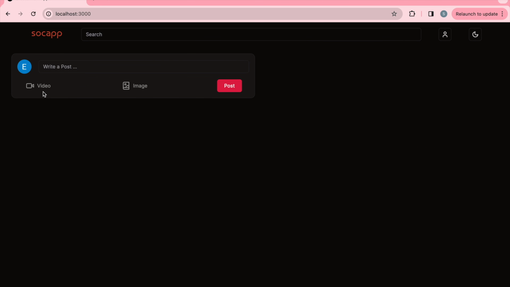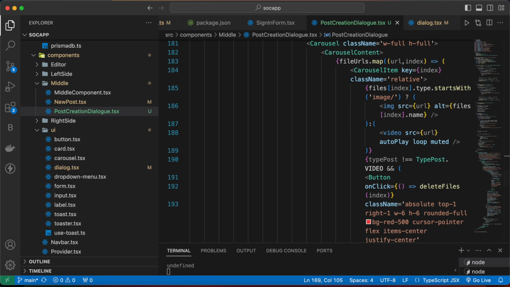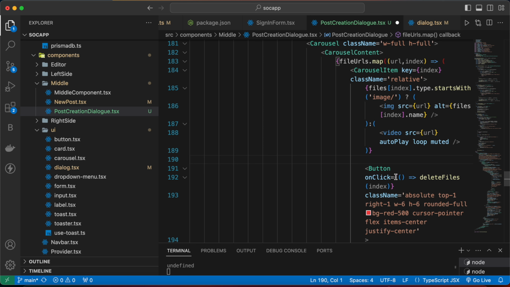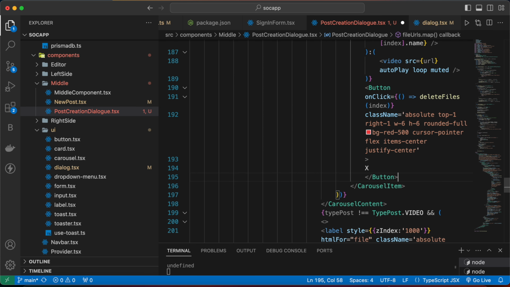Now we are going to add some more features in our video and image post, as we are going to provide the user to be able to add description in video as well as in the images. So let's go here, and now inside here, actually I did a mistake here, that we are going to need this delete button in all the cases. So let's remove the conditions here,